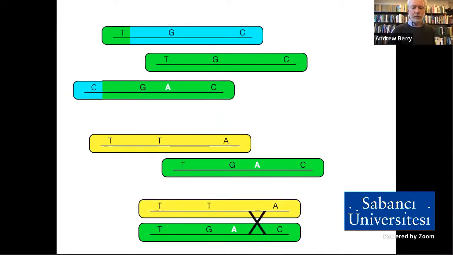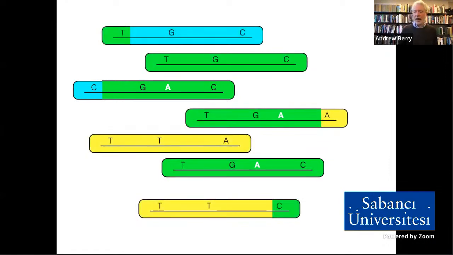Let's have another recombination event down here. So you see what we're doing. We're creating different permutations of coupling between the white A and the flanking variation, courtesy of recombination. But note too that the white A is next to a G, and because they're very close together, the probability of a recombination event, a genetic crossing over event, occurring between those two sites is very low. So even though you've got mixing and matching further away from the target site, you're not getting it very close to the focal target site.